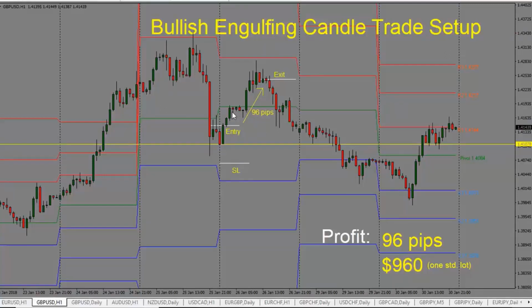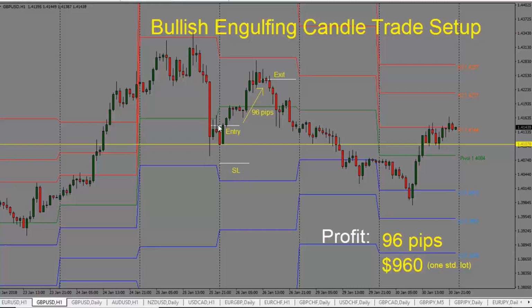So just to recap, a bullish engulfing candlestick looks like this. We see a big green candlestick in the opposite direction of the previous trend here. Once we see this type of candlestick at an important support and resistance area, we can take the trade long, and our stop needs to go on the other side. So here we have a pin, so we'll place our stop below the pin